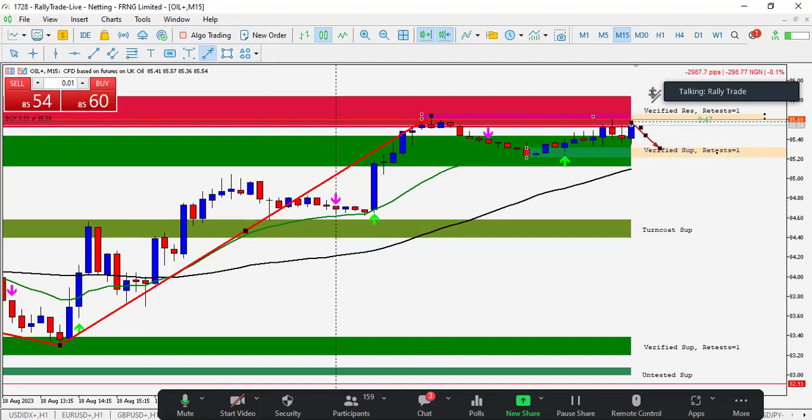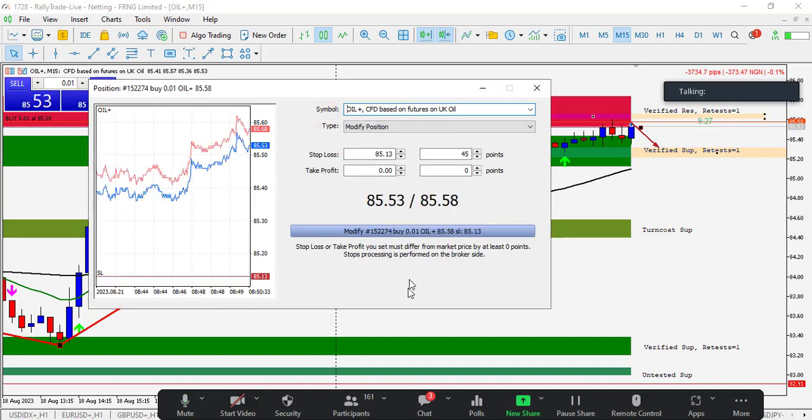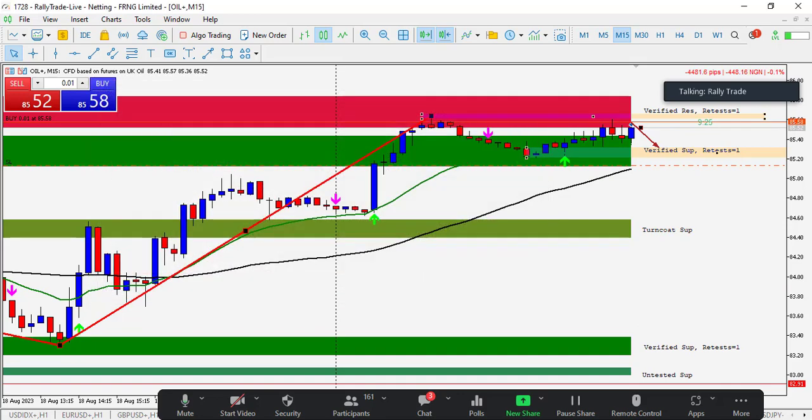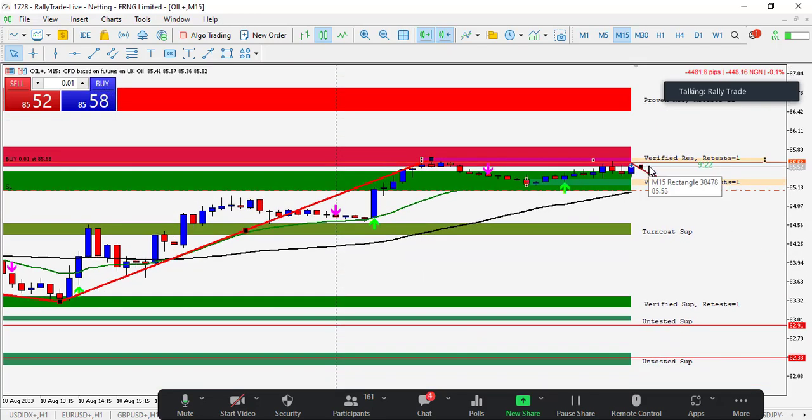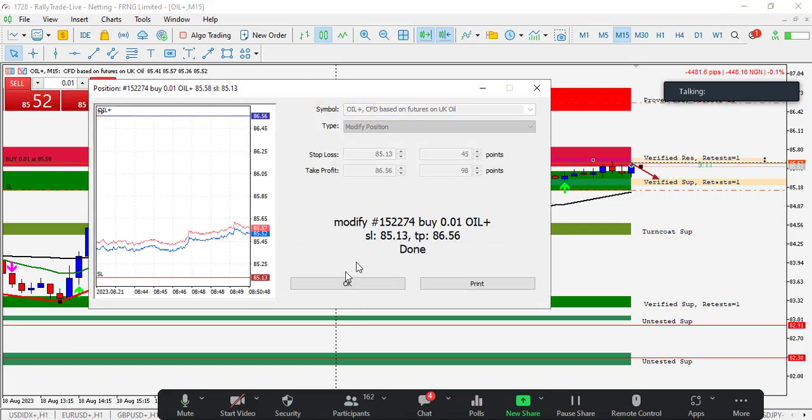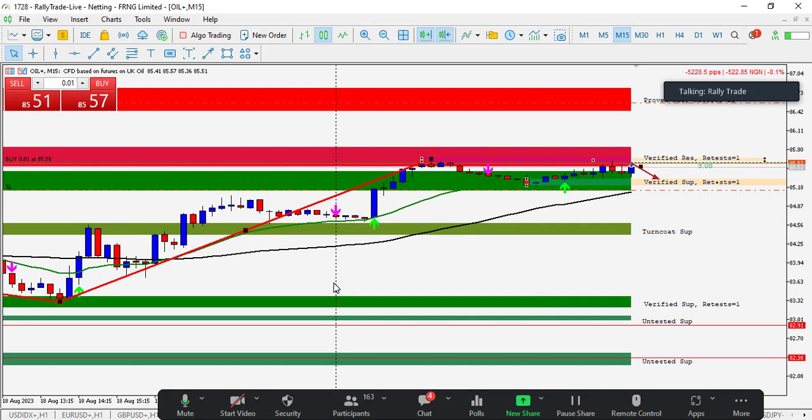Remember this word they call FOMO, fear of missing out. So by entering a smaller lot size, you have destroyed your FOMO, right? So you have not missed out on the move. So when that move happens, you are still in the move. On that trade, of course, our stop loss has to be below this low, right? Below this low, and of course I'll set a take profit that is minimum 2 times higher, so I'll just look for the next proven resistance. Of course that's more than 1:2 there, which is a good trade, guys, a good trade.